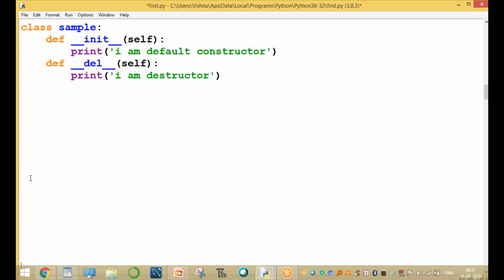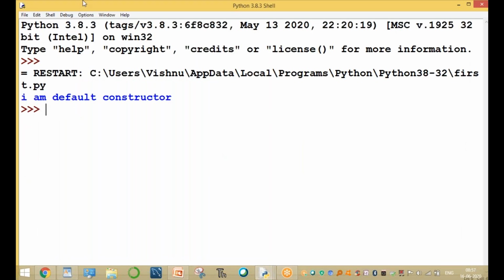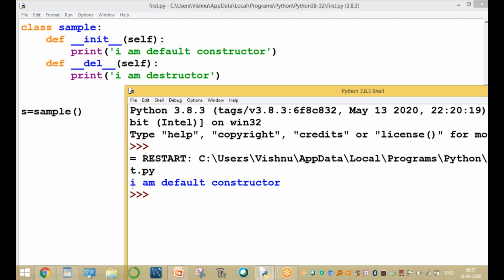Whenever you are creating the first object for the Sample class, s = Sample(), here s is called an object of the Sample class. Immediately the init function is executed; its body is executed.